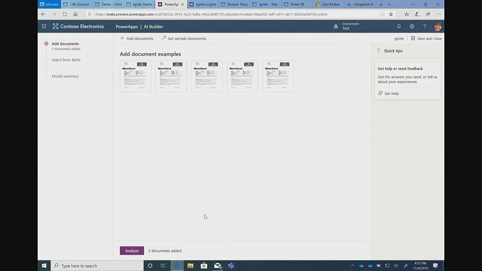So what we're gonna do next is analyze these 5 documents to extract the fields from these documents and to start using these fields in our form afterwards, all right? So can we, because we don't have that much time,